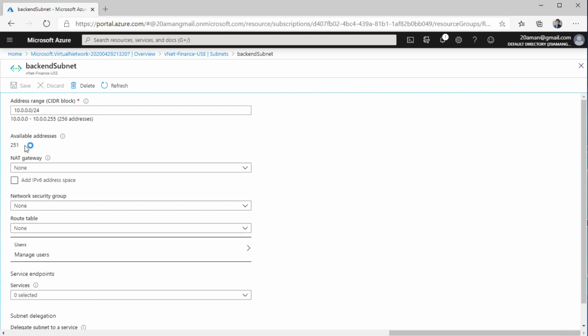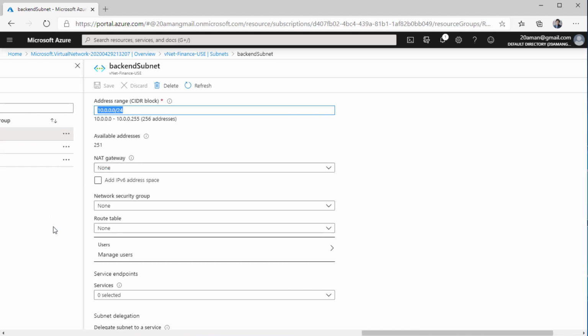Which addresses does it block? It blocks the .0, the very first one, the second, third, and fourth. That is .0, .1, .2, .3. The first available address will be .4. It also blocks the last IP address in this particular address range. Those are the 5 addresses that Microsoft blocks.